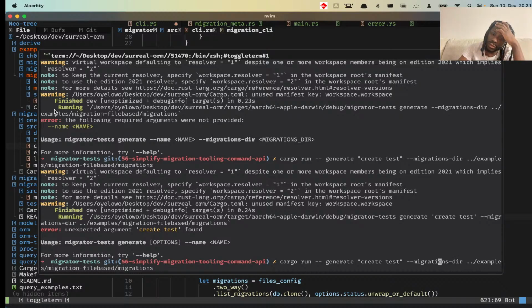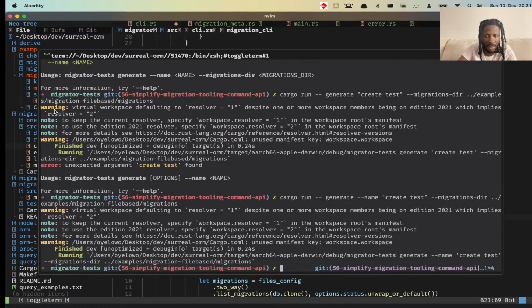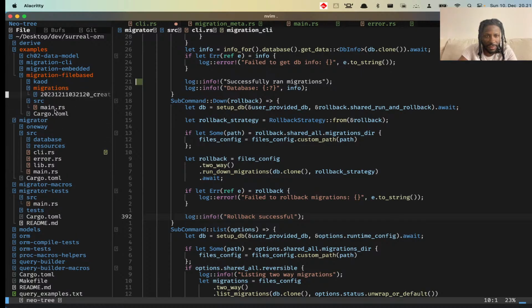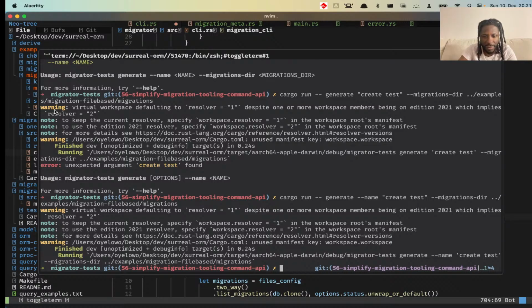I don't know, rather than say name, should we just do like create test, if you get what I mean? So let's see if new stuff has been generated. However,